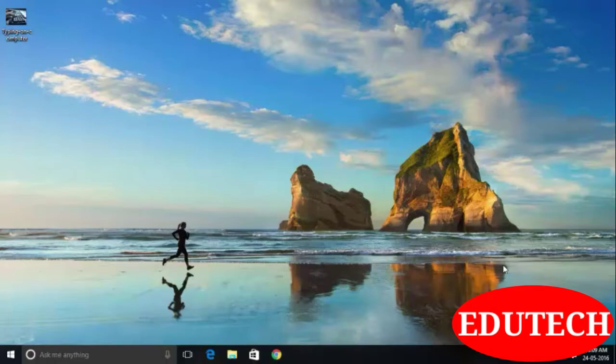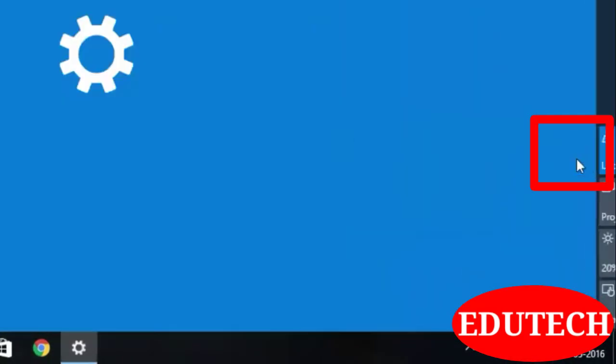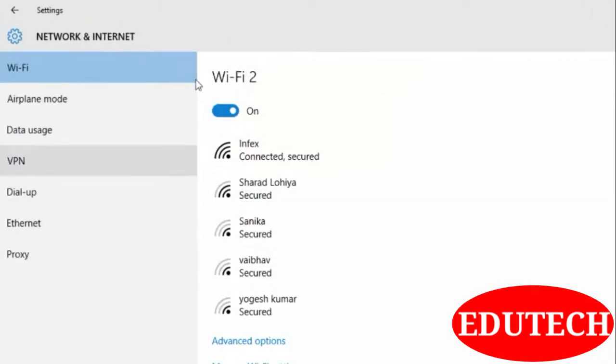Previously we have seen various device settings, and we went to the all settings menu. To set internet and network settings, you will have to go to all settings as well, and from there select network and internet. So here are some settings which are related to network and internet.